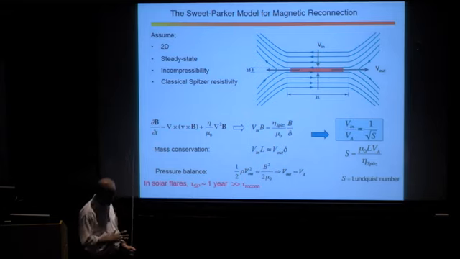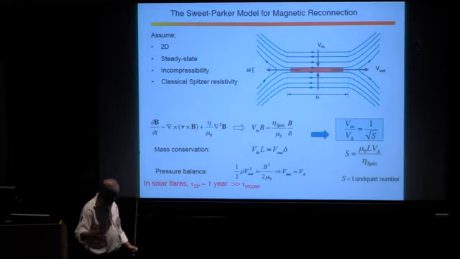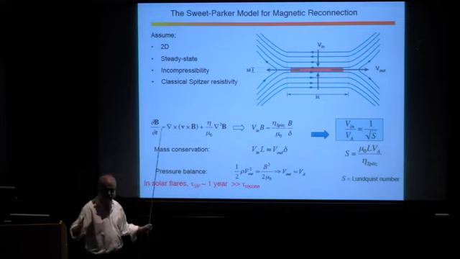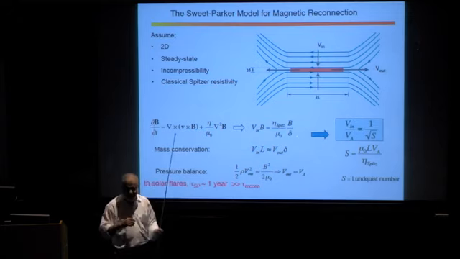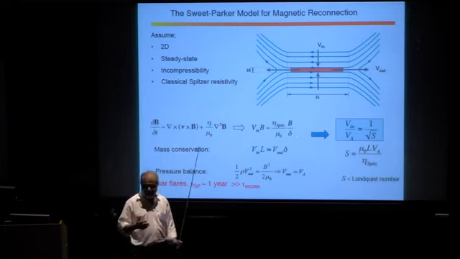So there are two classes of problems in reconnection. It's a linear instability when you have a geometry like the one that I showed you. And the question that you automatically ask yourself is, what happens when this instability is going nonlinear? Now, the way in which the field evolved is that you have to look at the whole stretch of the field spanning laboratory fusion plasma physics, space physics, astrophysics, and put a whole picture together. Because depending on the questions that people were asking, different people went at different aspects of the problem.